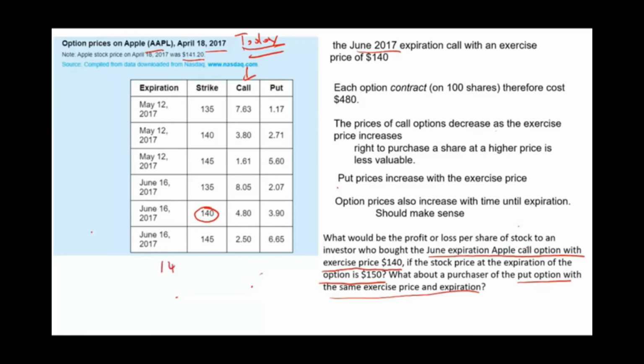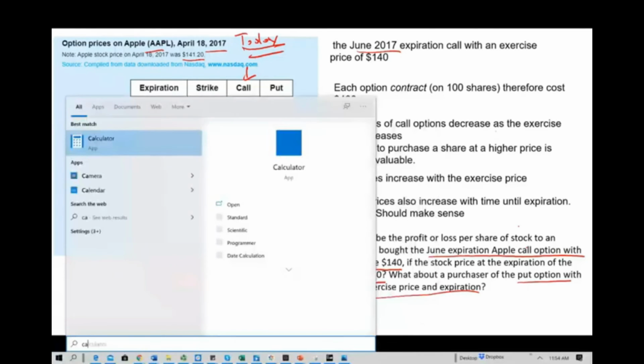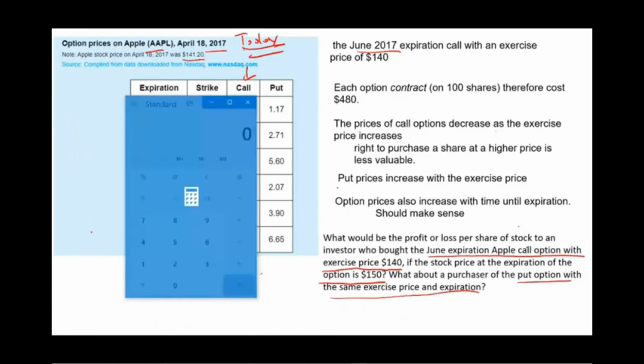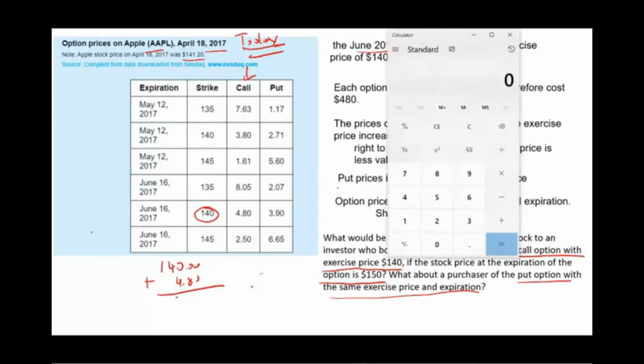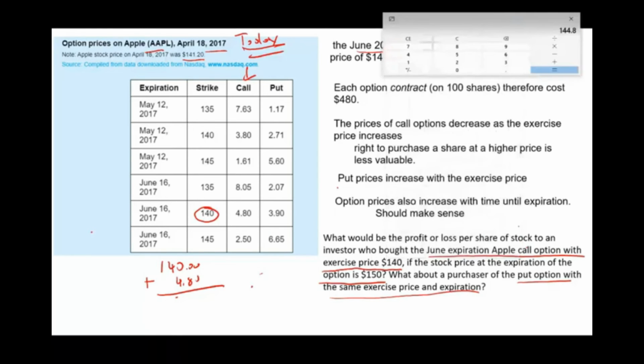Remember, you bought it at 140, but you paid an extra $4.80. Okay, let's do this. Let's get a calculator here. So your price per share is 140 plus $4.80. You could multiply it by 100. So it's 144.80. So your cost is